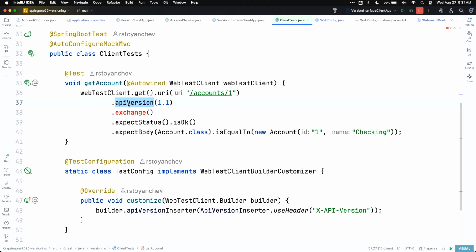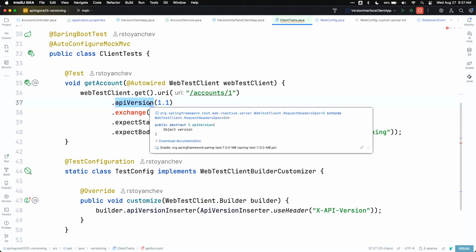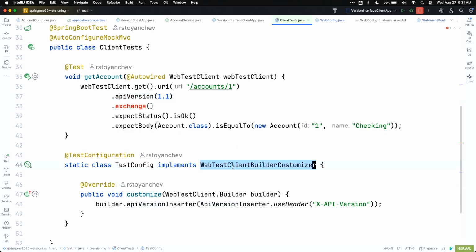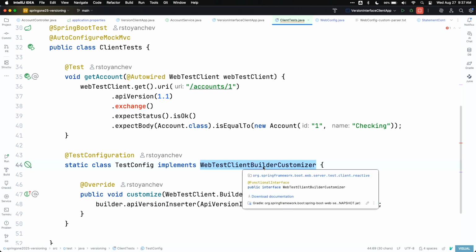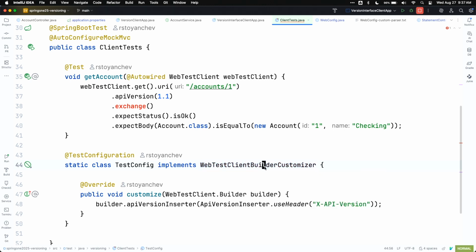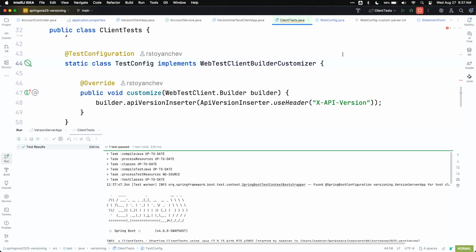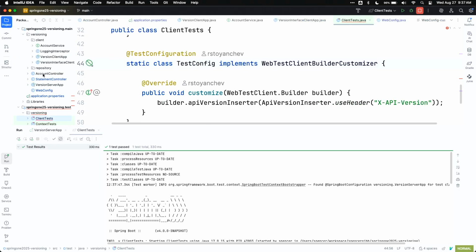kiss, right? So here we can add API version, but we still need to tell the web test client builder with our web test client builder customizer how to insert that header again. So if I can go ahead and run a client test, this should all work and it's green, right? It spun up the web server, made the request. Now the next one